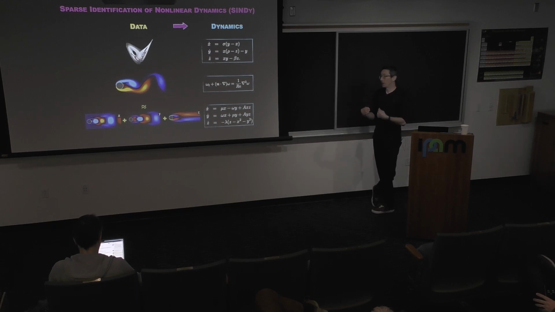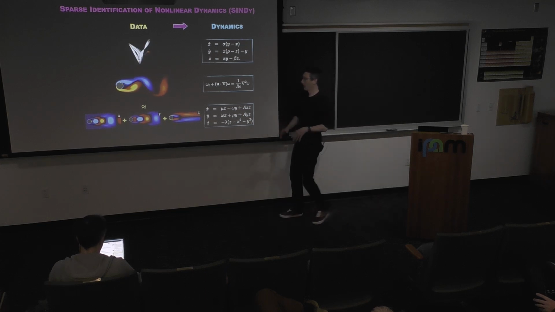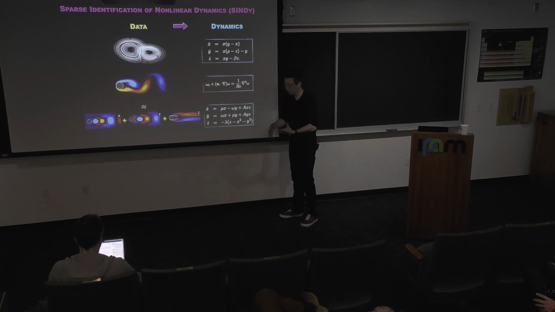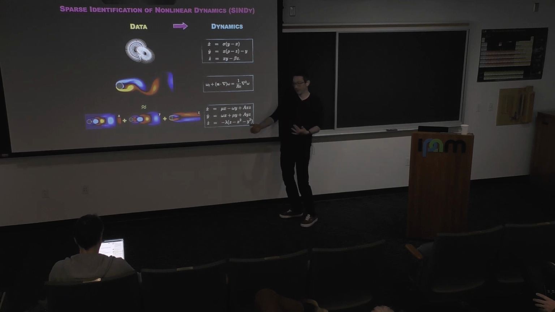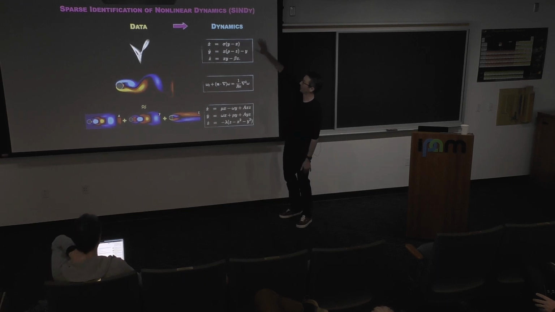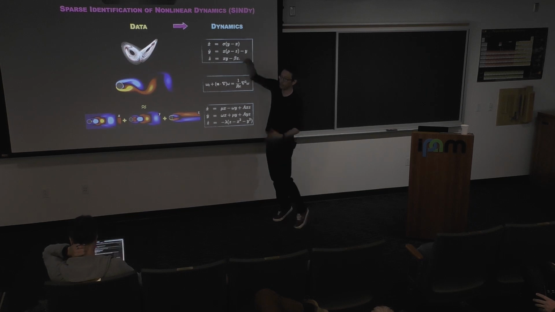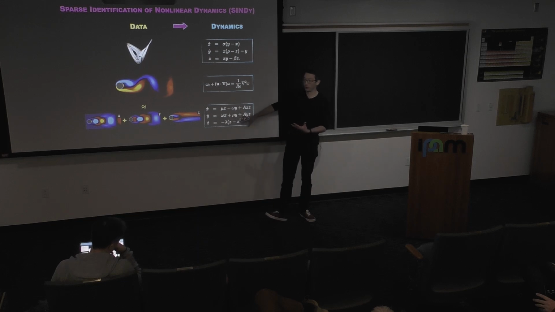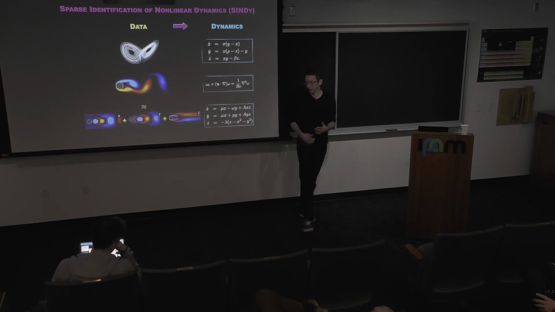So if I want to build a controller for a rocket or for a plane or for a jet engine or whatever, I don't have time to simulate this in real time, but I can maybe simulate this. And the timescales of fluid flows are very, very fast. If you're looking at a hypersonic rocket, we're talking milliseconds. I need to have full prediction of the future in milliseconds, so I have to use these reduced order models instead of these. That's something I never have time to talk about, but we have extended SINDy to include control inputs, and we have wrapped model predictive controllers around these models, and they're extremely effective for model predictive control.